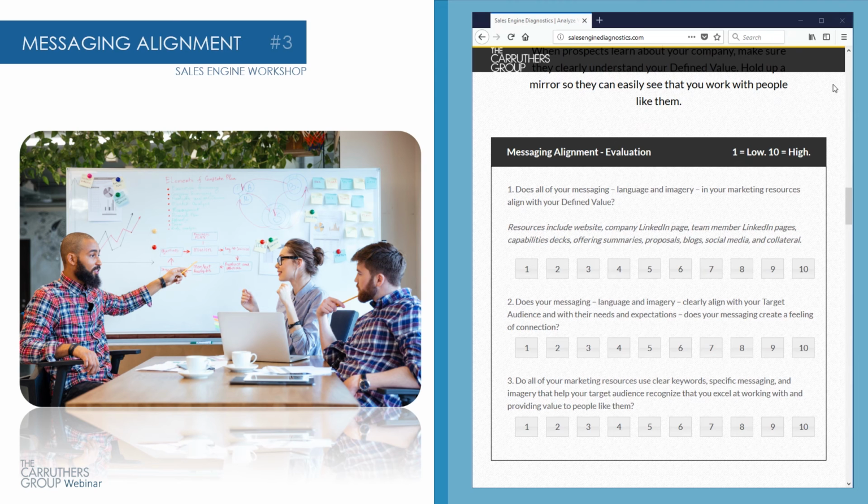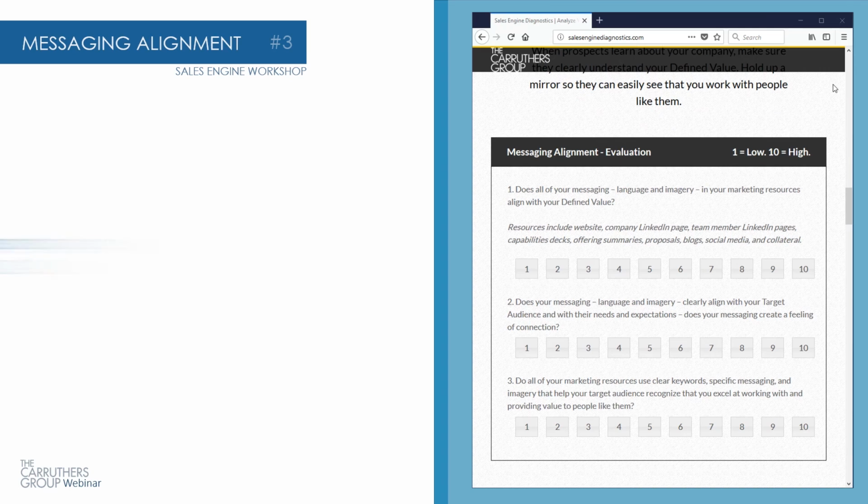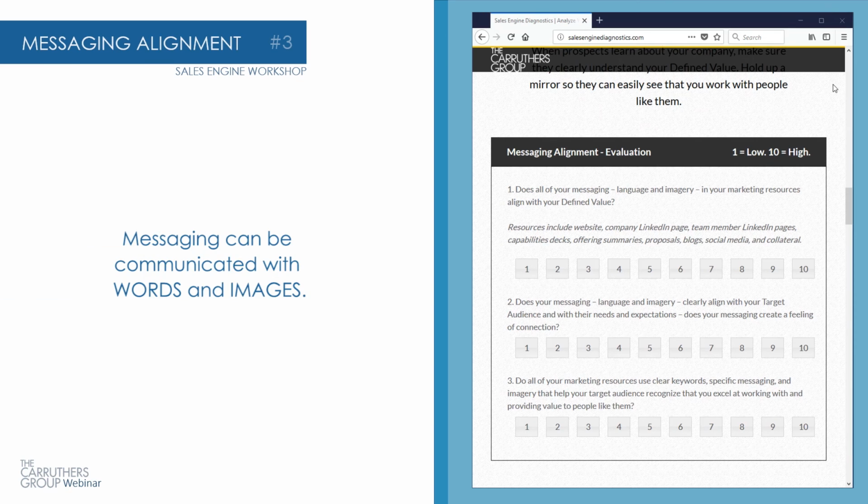Put some keywords on a whiteboard, but this is so critical. You need the words that describe your value and the words that describe your offering and the words that represent the needs and wants of your target audience to show up in everything that you either write or say. And that can even be in a picture as well as words. So messaging is critical. It's the magic that ties everything together and brings people into your sales funnel.